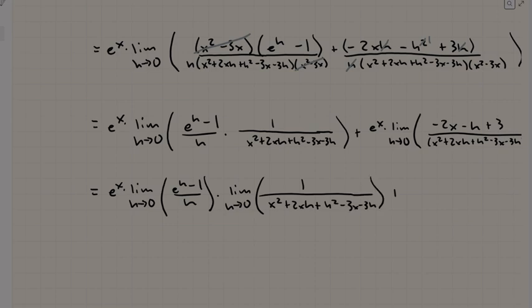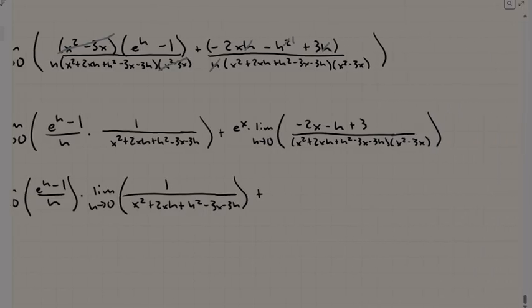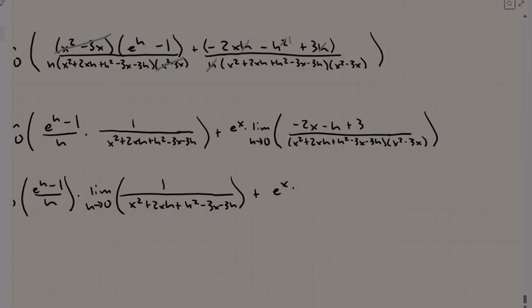All right, and then we're going to have this other part. We're going to have e to the x multiplied. We can go ahead and evaluate this limit when h equals 0. That would just give us negative 2x plus 3 over